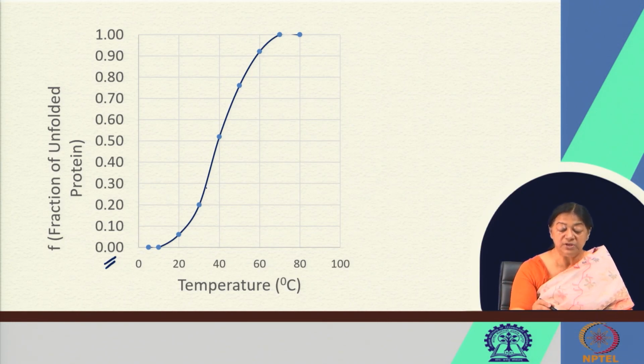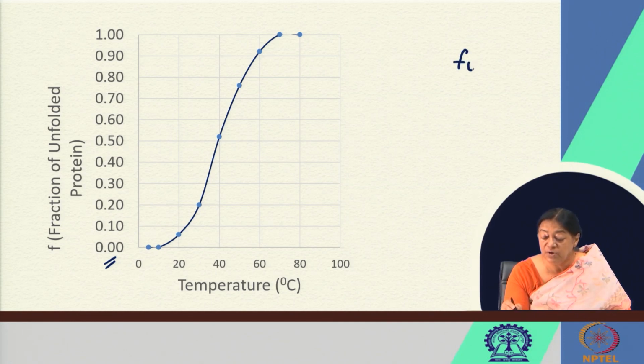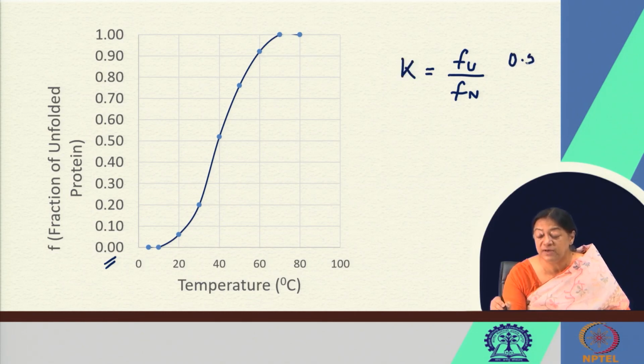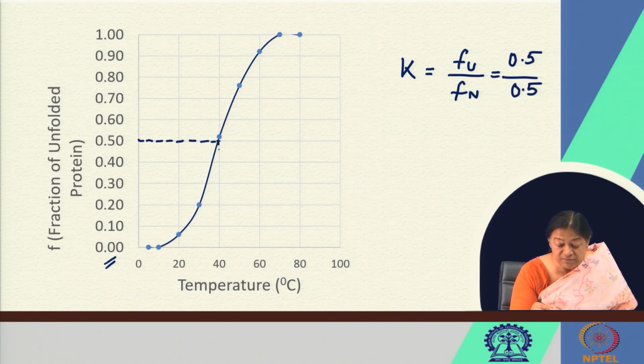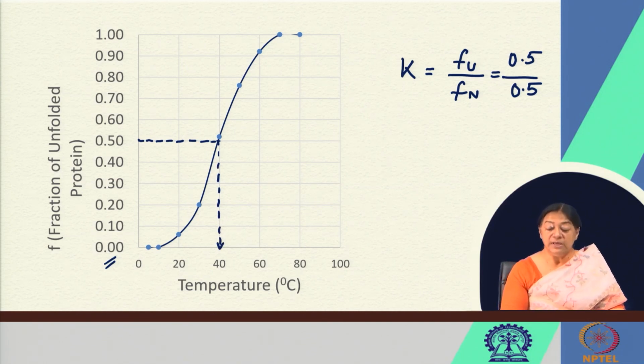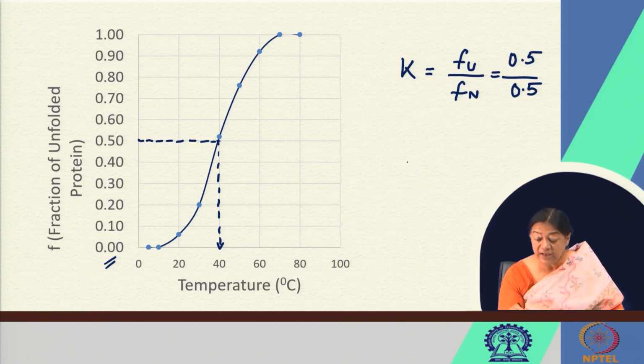So, when we go along this particular fraction, we are looking at a fraction unfolded, we are looking at a fraction in the native form. Now, if we look at the K value of this and say we have this at 0.5 indicating that 50% of it is folded and 50% of it is unfolded, we have a K value of 1 indicating a delta G value of 0. So, we can consider the 0.5 value that we have here for the fraction folded, and from this we can find out that this is the melting temperature of the protein. So, in this manner we can determine the Tm values of the proteins that give us an idea of the